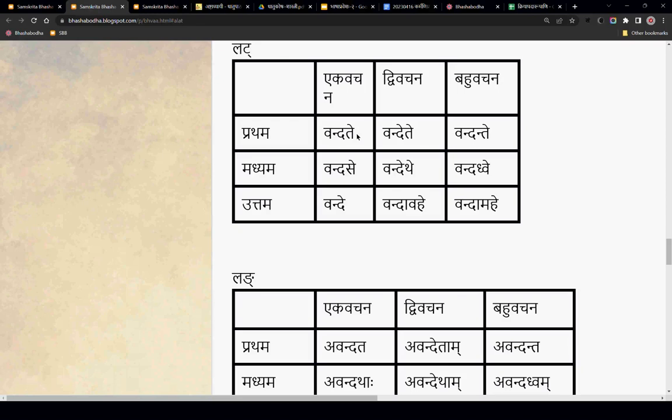Vandate, the endings you see here, te, ante, like se, dhve, like this. These ending pratyayas or suffixes are actually coming from the set of ting pratyayas. There are 9 ting pratyayas for atmanepada and 9 for parasmaipada endings. So total 18 ting pratyayas are there.